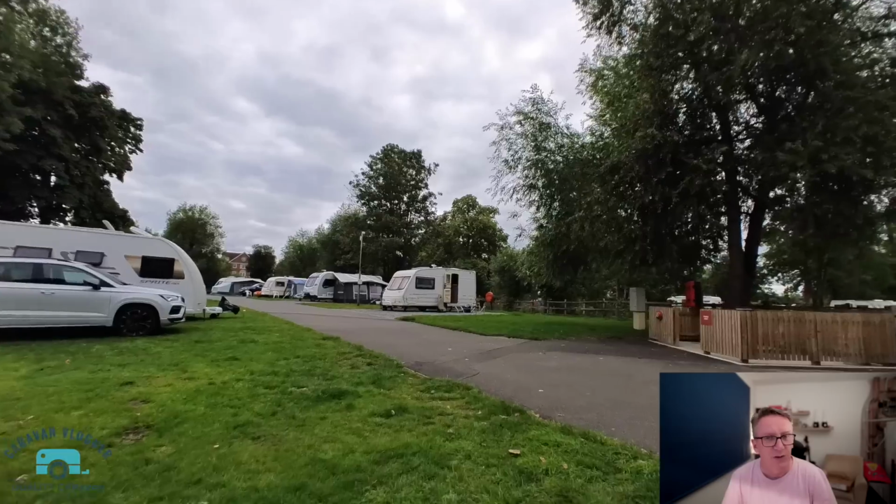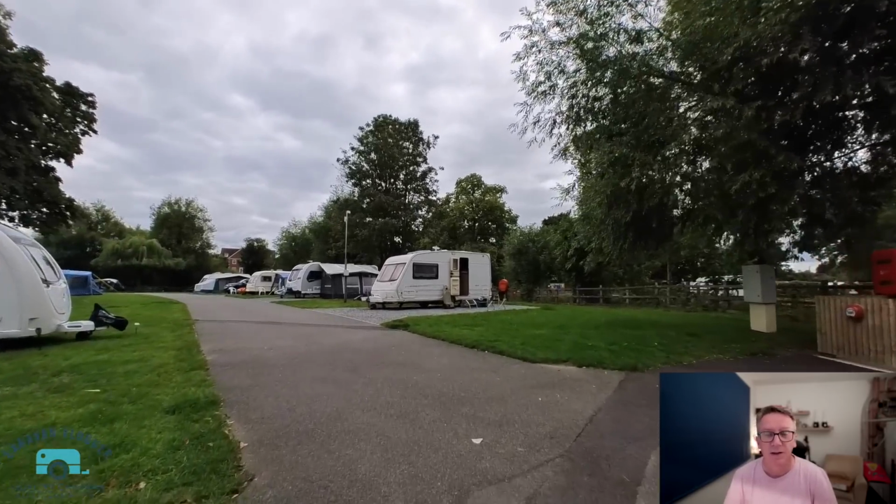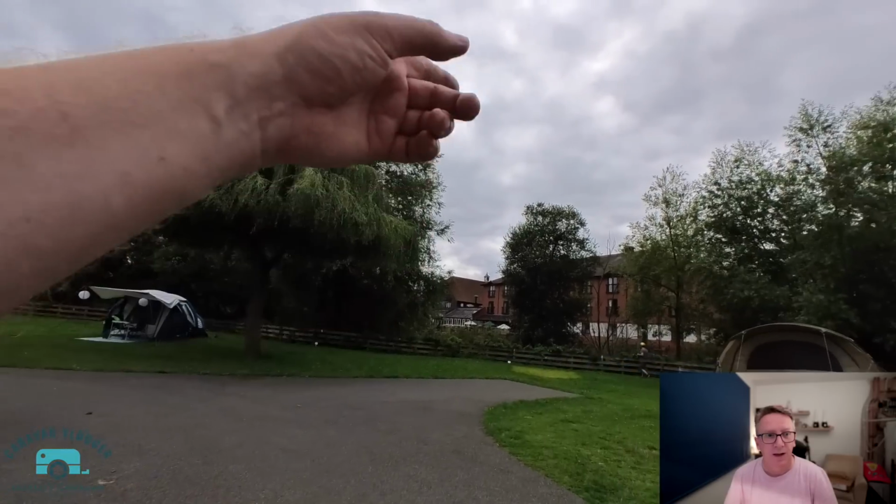You'll see it again in just a second as well. There, see the cars? That's the M3. So you do get quite a bit of road noise on this site. Now I wouldn't suggest this was a country getaway site, not at all. But it's very good for